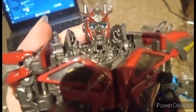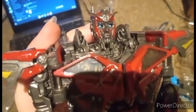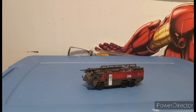Let's see how cool this guy actually is. Yes, we do have him. I should have realized I could have compared him next to the Baiwei Ironhide, because this is also Baiwei. But this is Baiwei Sentinel Prime, the superior of the two Sentinels that I've gotten. And for two reasons. One,